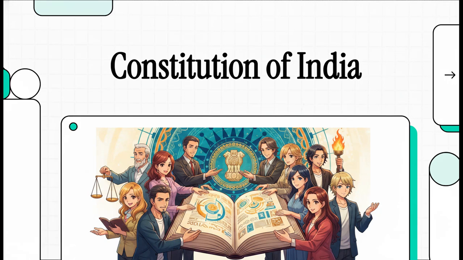Welcome to this explainer. Today, we are going to explore the architectural blueprint behind the supreme law of the world's largest democracy. We're talking about the Constitution of India. This isn't just some dry legal text. It is the absolute foundation of the Indian democratic system, meticulously designed to secure justice, liberty, equality, and fraternity for